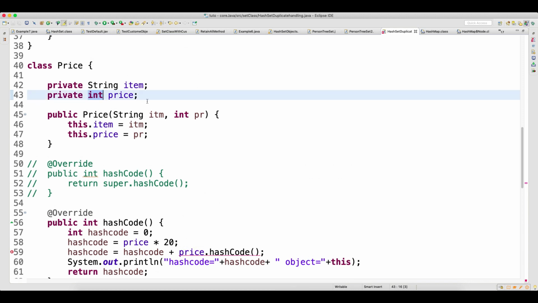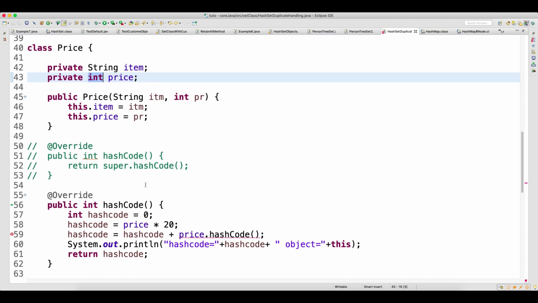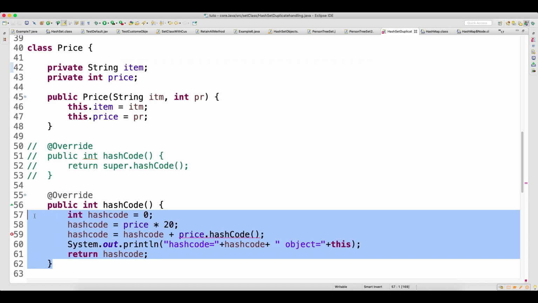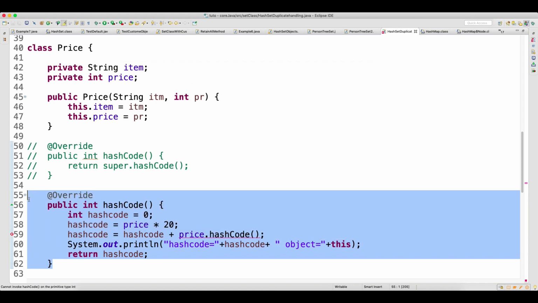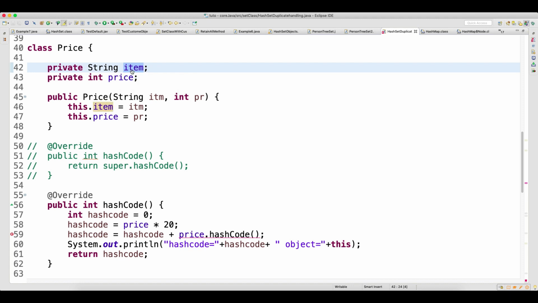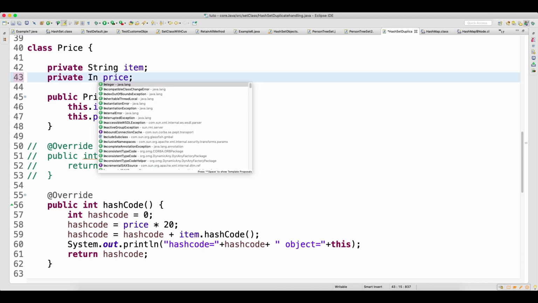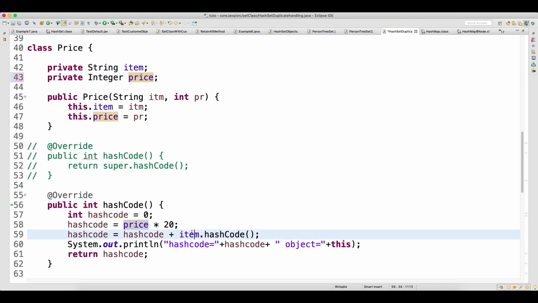So understand how this should be written. Always make sure that you are using the Integer wrapper class. Otherwise the problem is, when you go for any company, you will get stuck, because there will not be string data. When there is no string data, you need to design a custom hash code. How do you do that? You will get confused, right? If it is a string, yes, you can nicely write dot hashCode, and a string is an object, so hashCode will come. But the moment there is no string, you will get confused. But if you have a wrapper class, yes, on the price also, no problem. In that case you can even do price.hashCode, and this will work fine.